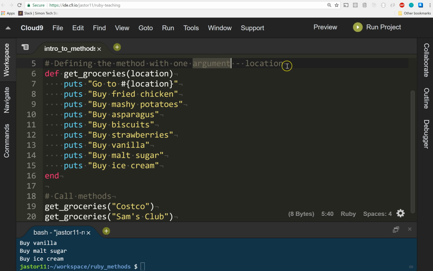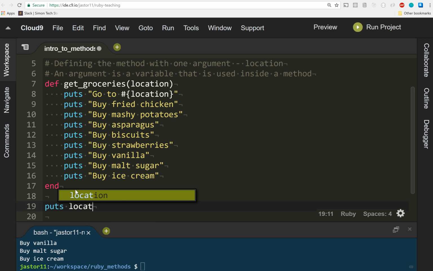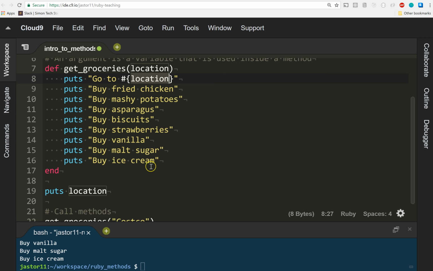An argument is a variable. Here, let me write that right here. An argument is a variable that is used only inside a method. And this is an interesting point. What if below this I try to say puts location? Will it work? I've created this variable location and I've reused it inside my method, but if I were to run this file now,